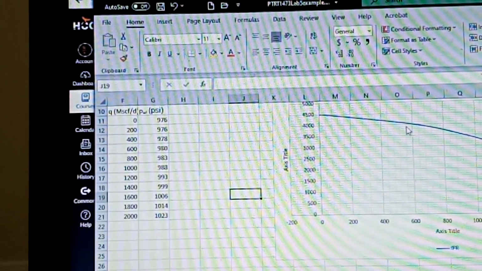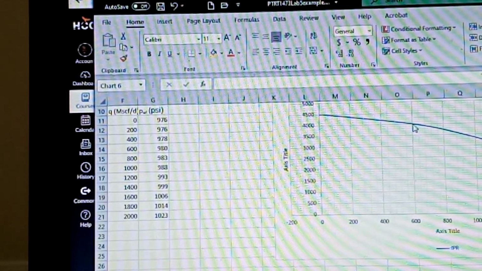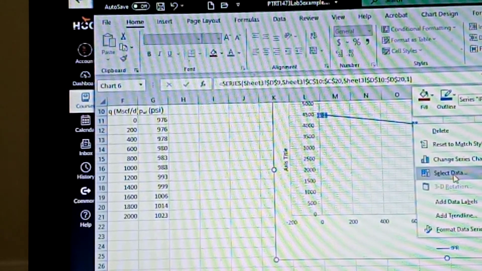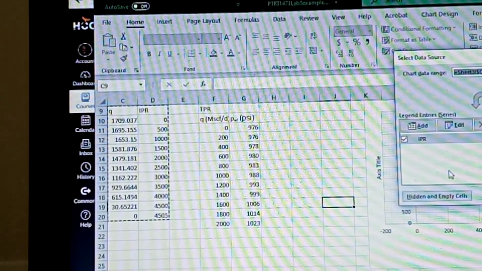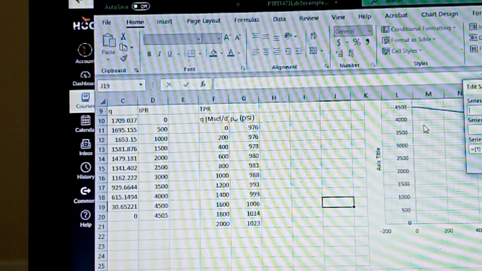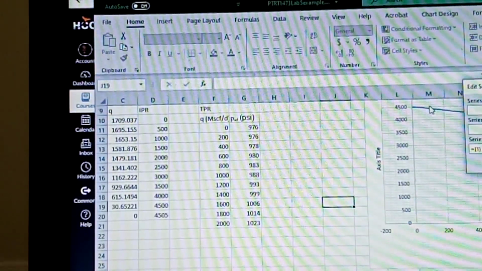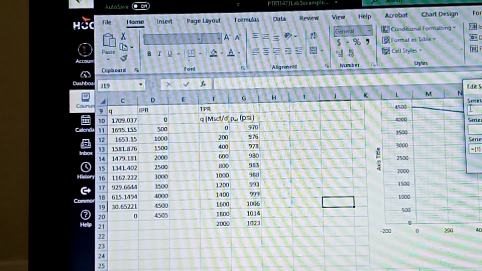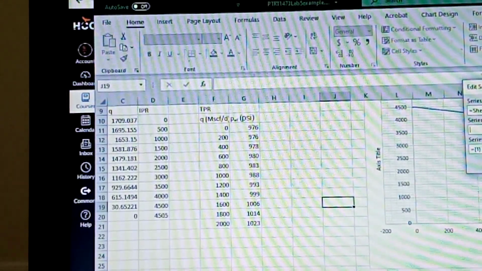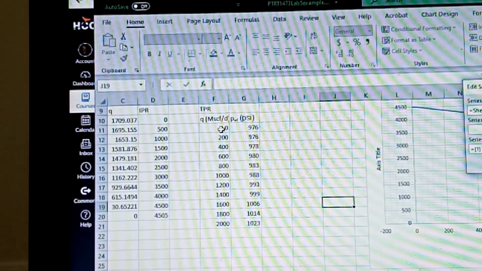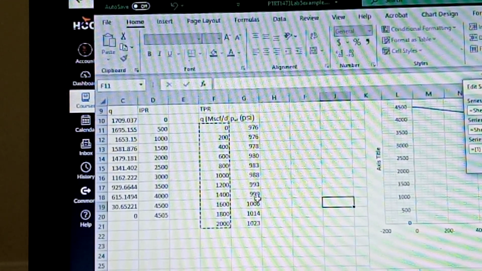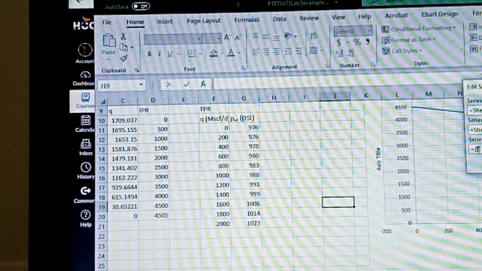What I'm going to do is you right click anywhere on the graph, you do select data. So this is the one we have. Now I want to add. You click add. The title is TPR, so I'll click on where I have TPR, which is that. The X value is always the flow rate. So I'll click from here to here. So that's it. Now the Y, I have to clean